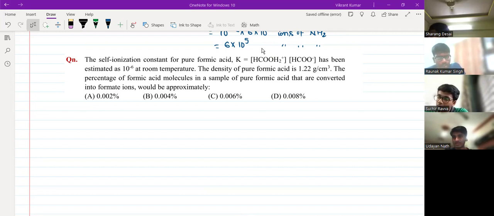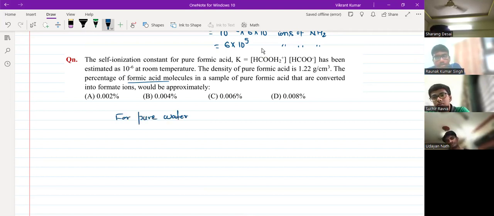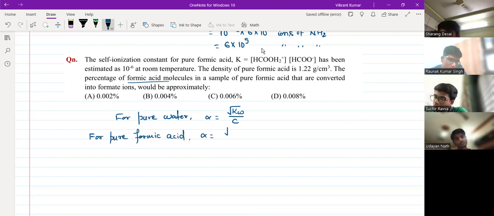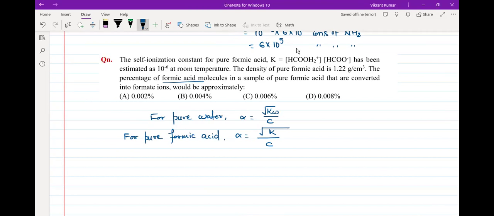Now, see, if they are asking you the percentage of formic acid, they are talking about alpha, and that much into 100 will give you the answer, right? So for pure water, if you remember, alpha was under root Kw by C, right? So similarly here for pure formic acid, also called methanoic acid, we can write alpha will be under root of its ionization constant K upon its concentration C. Now the value of K is given but the value of C is not given, that we need to calculate,